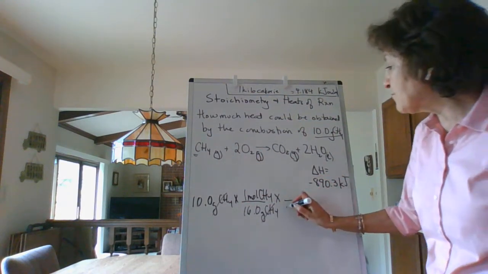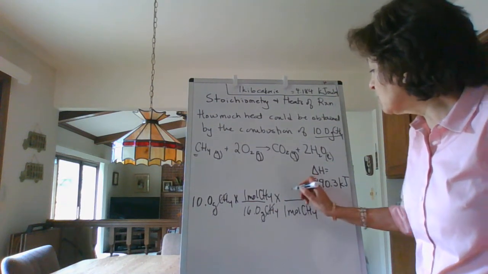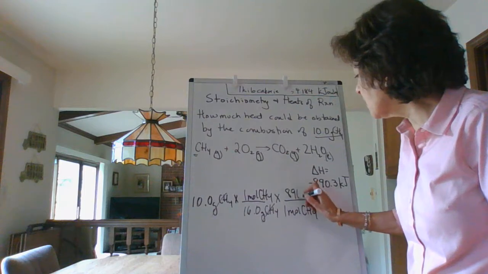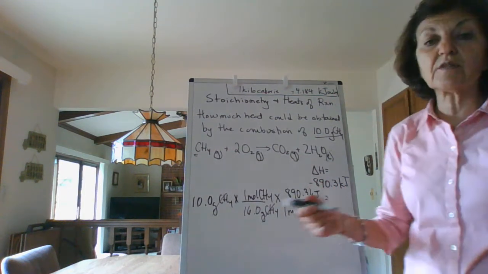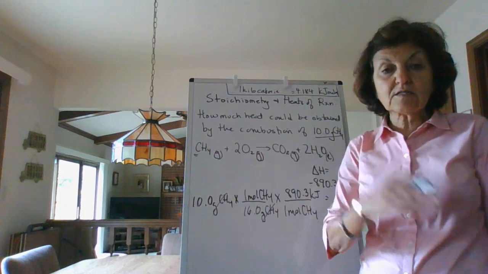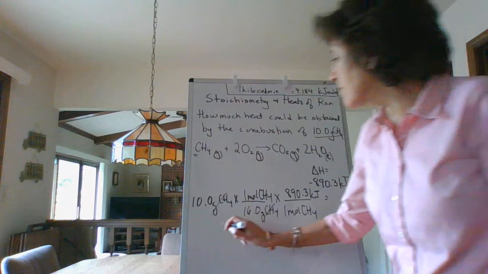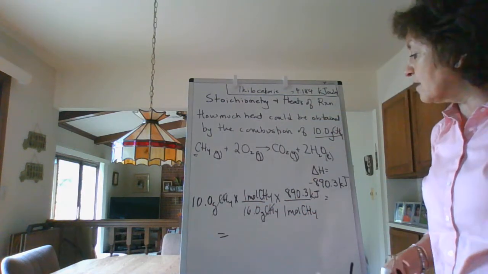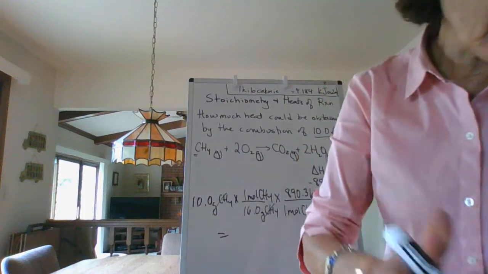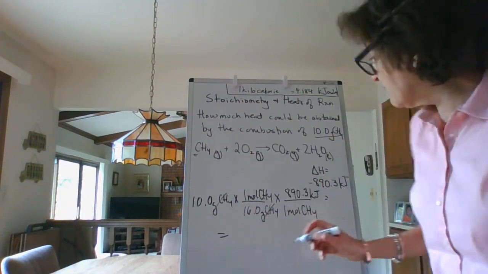All right, I'm going to say for every 1 mole of methane, I'm going to be evolving 890.3 kilojoules. And a lot of students will say, well, do I put the negative or not? Let's deal with the negative at the end. All right, so right now, let's just do the math. 10 divided by 16 times 890.3. Get your calculator, and you're going to get